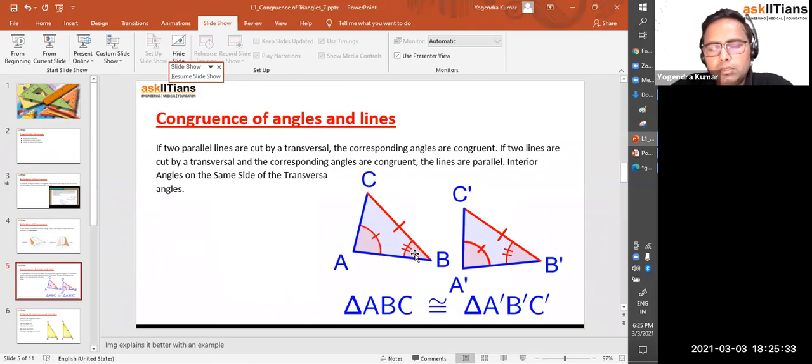Now before coming to this congruency of angles and lines, we need to understand the word corresponding also, right? Okay, we can understand that later also. No problem. Let's understand congruency of angles and congruency of line segments. So BC is equal to B dash C dash, right? And angle B is equal to angle B dash here. So if two parallel lines are cut by a transversal line, then corresponding angles are congruent, right? They are equal. They are of equal